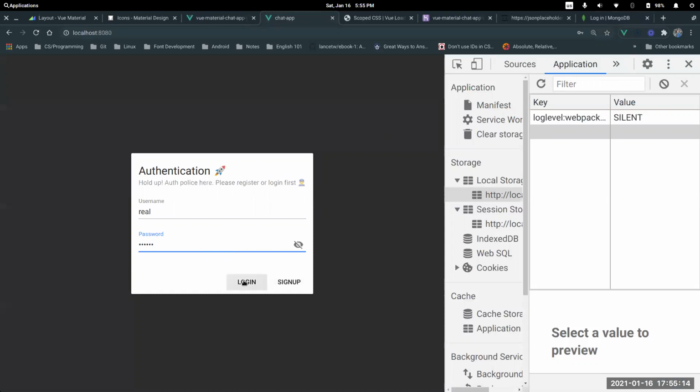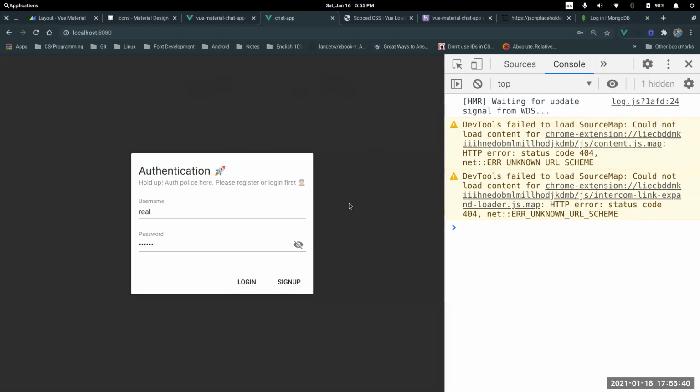So now if I log in, hit login, yeah, there it is. See, it set my token successfully. And then in here, username is set to real, which is my username, obviously, right? Now we have just logged in, meaning that we got the token. Now we can just go ahead to the chat and then we can get all the data from here. But before we do that,